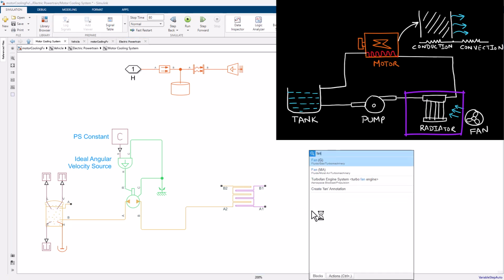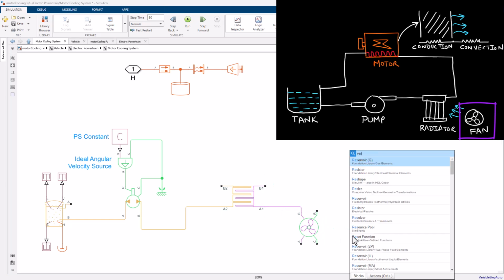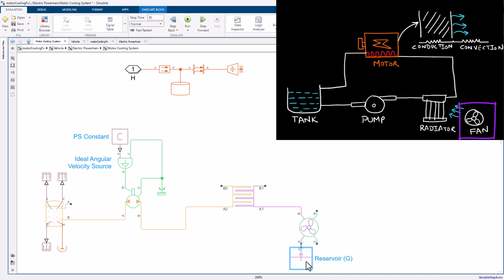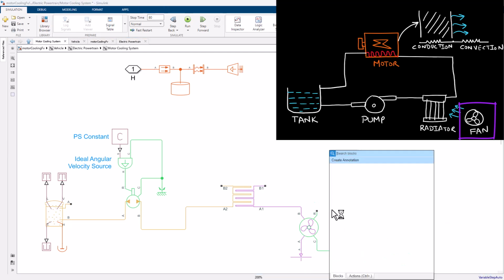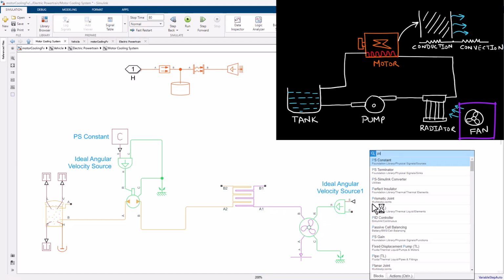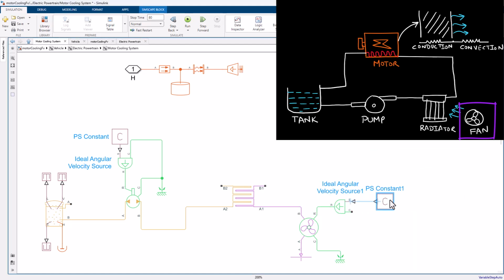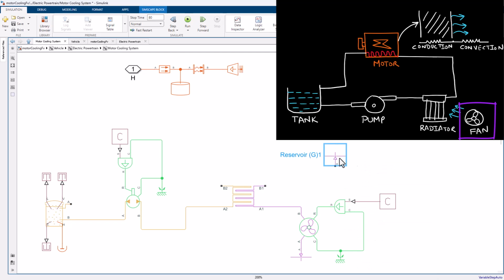Further, for the airflow inlet to the heat exchanger, we need a fan. So, we connect the fan and the heat exchanger. And as the fan is exposed to the atmosphere, we will connect the inlet of the fan, port A, to a reservoir, and then we will rigidly fix the fan. Like the pump, we'll also rotate the fan at a certain velocity and will make the necessary connections. As outlet port B is exposed to the atmosphere, we will connect it to a reservoir.